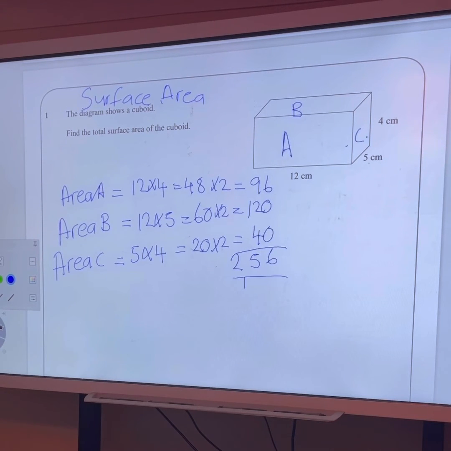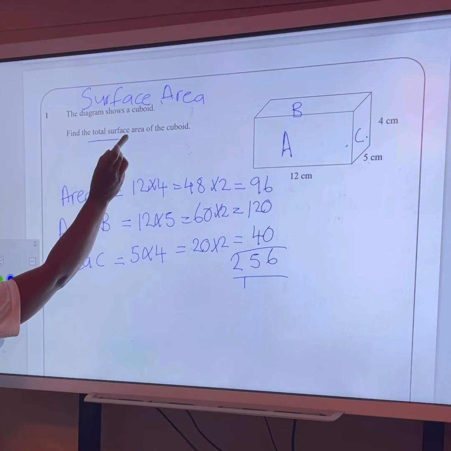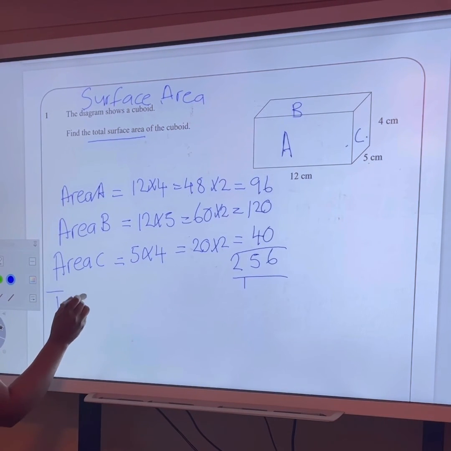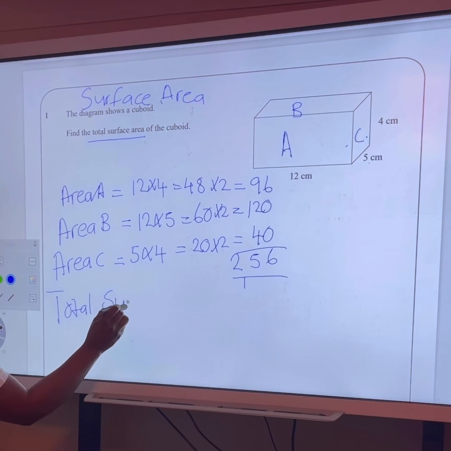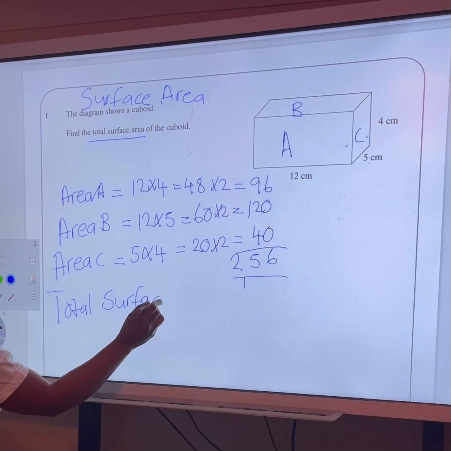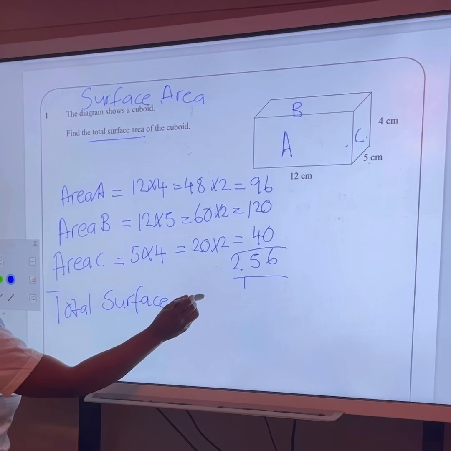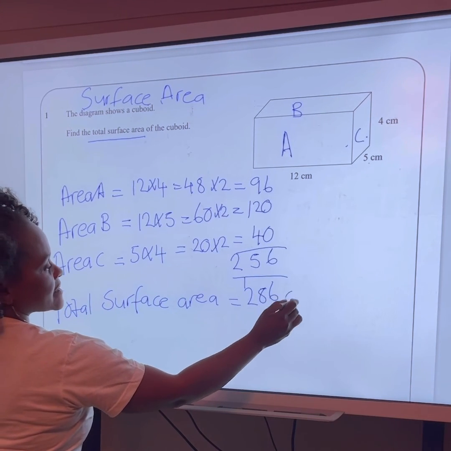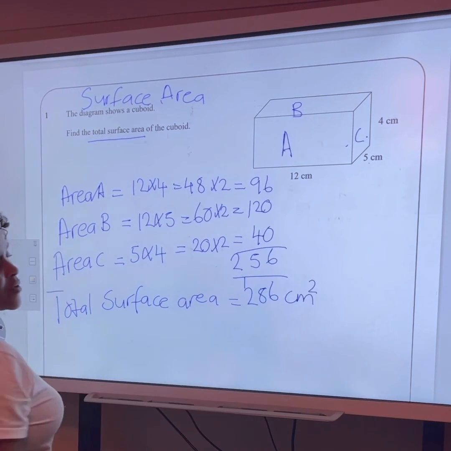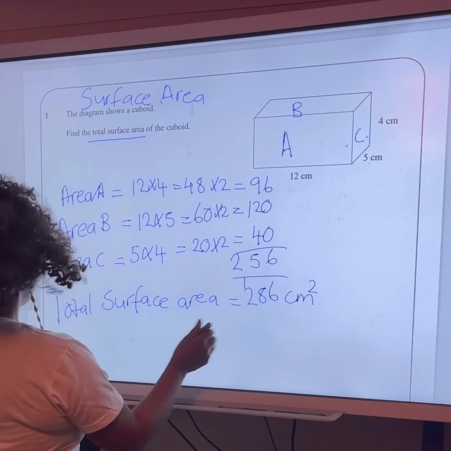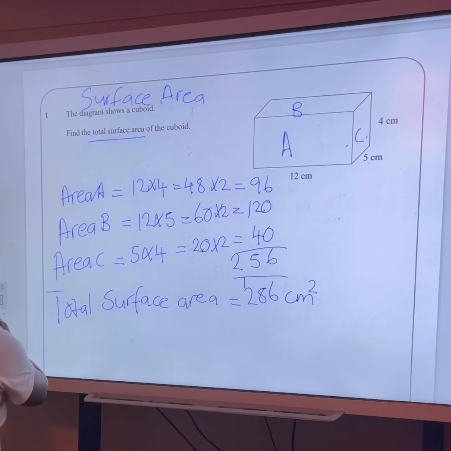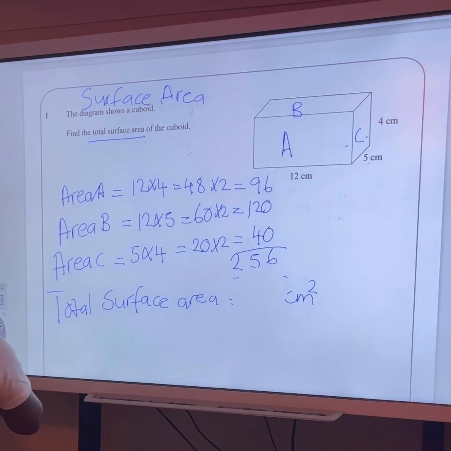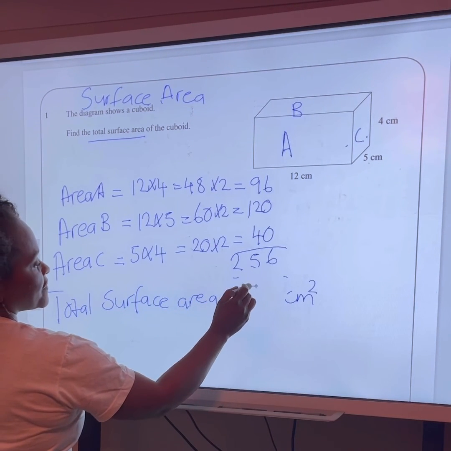So my total, because I need to find the total surface area, my total surface area for that cuboid will be 256 centimeters squared, because this is area. Okay, I'll rewrite this one so that it's clear. 256